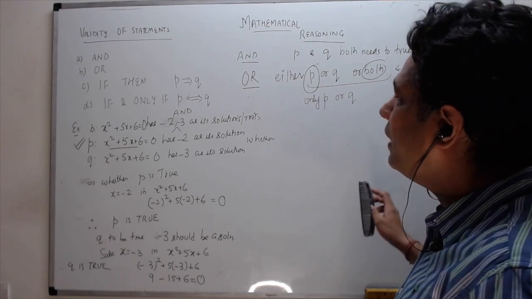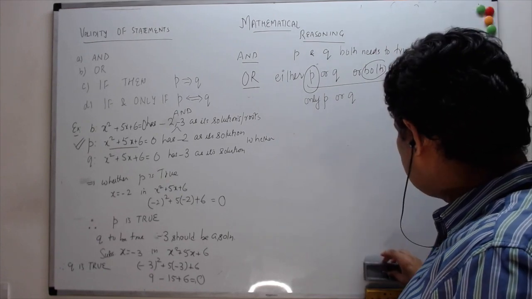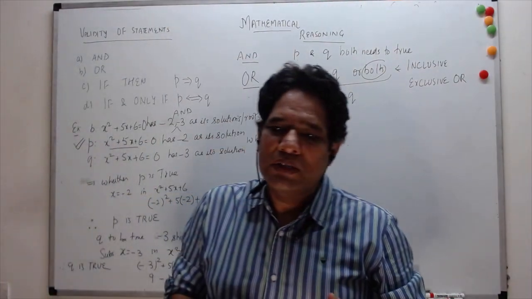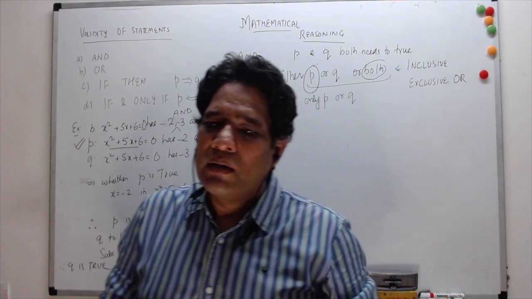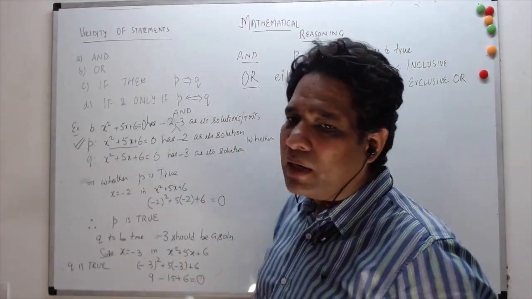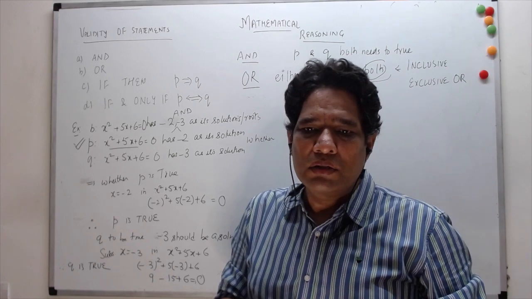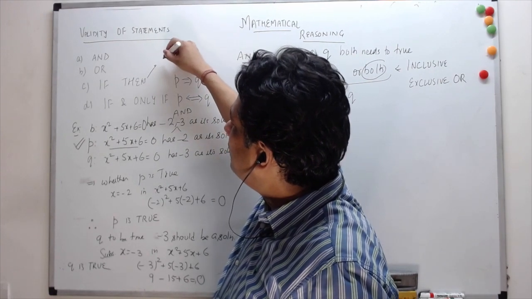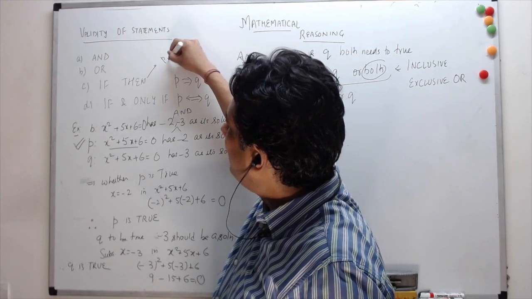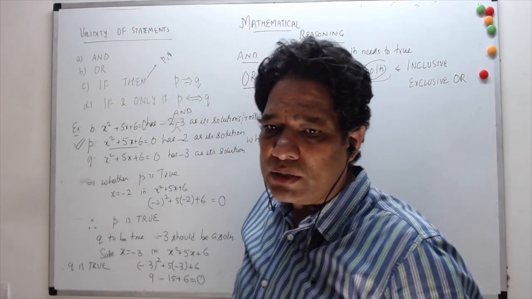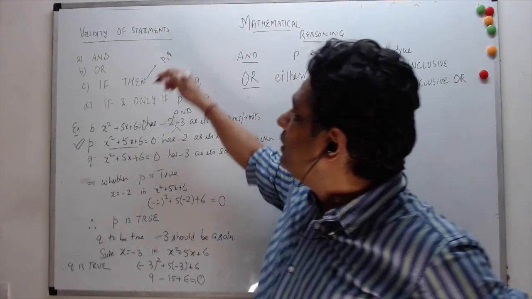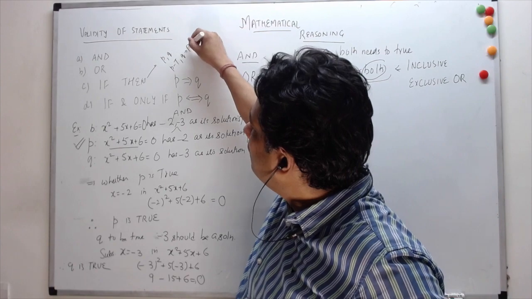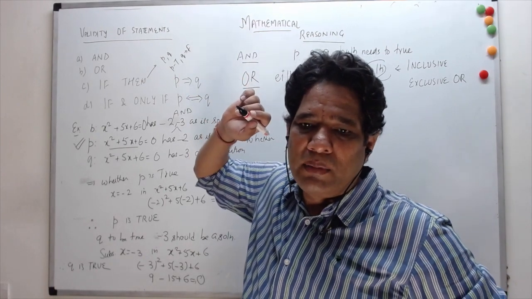Now coming to if-then statements, right? We have seen under what circumstances they are valid. But there are ways by which we should be able to evaluate those statements. So we do remember that if-then is an implication when P is true and Q is true. We say that this is true. And even if P is true and Q is false, we say that it is not an implication, it's not a true statement in that case.